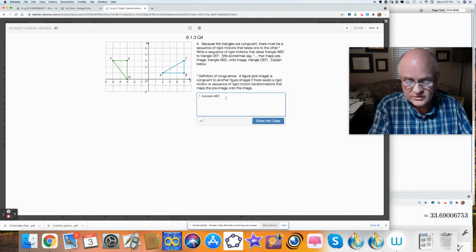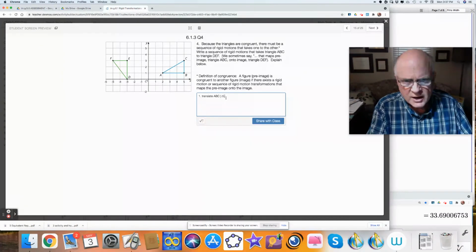Triangle ABC. I'm going to use the vector notation. I'm going to go -5 in the x direction and -1 in the y direction. And then number two is I'm going to rotate